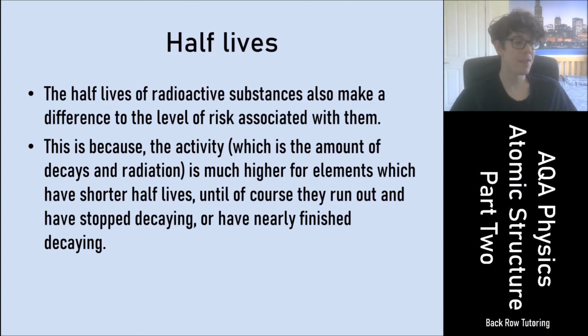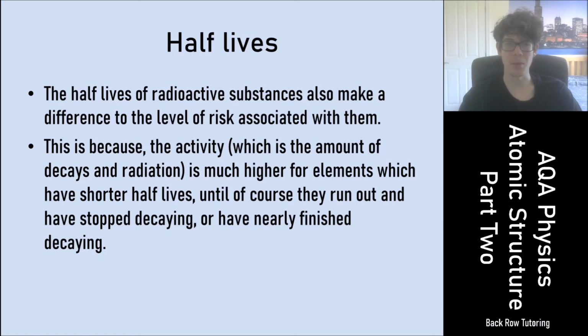So if you have an element or an isotope of an element which has a very, very short half-life, well, that's more dangerous, because if it has a short half-life, it's given off more radiation in a short amount of time. So elements or isotopes of elements with short half-lives are more dangerous than those with long half-lives, because if